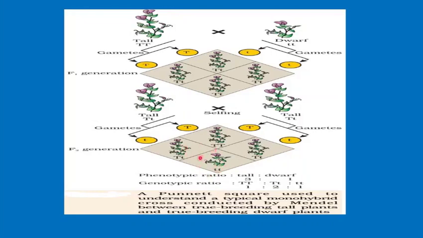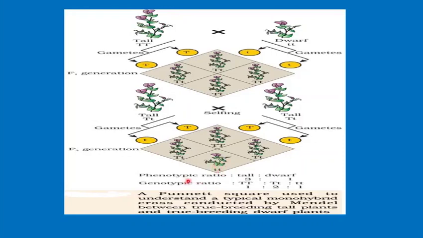So what will be the phenotype of this? So in this, what will be the nature of the plant? It will be tall. Here there is a dominant allele over here, that is tall. So this will be tall and this also will be tall. And what about this? Here both the alleles which are obtained by this zygote are recessive, small t and small t. So this will be dwarf.